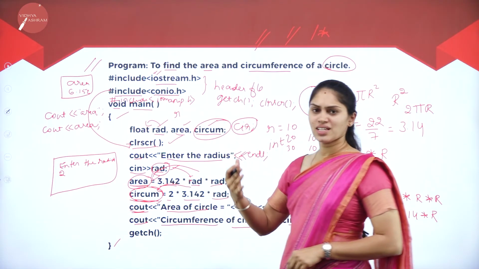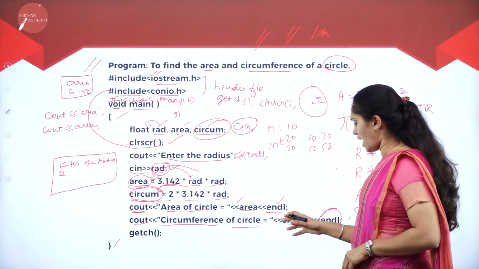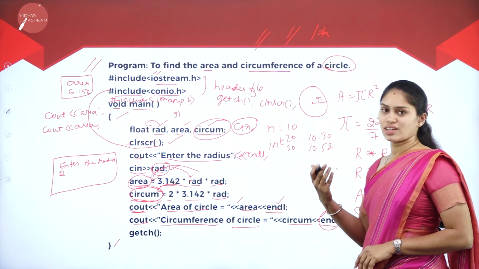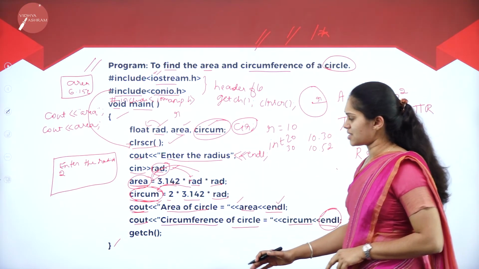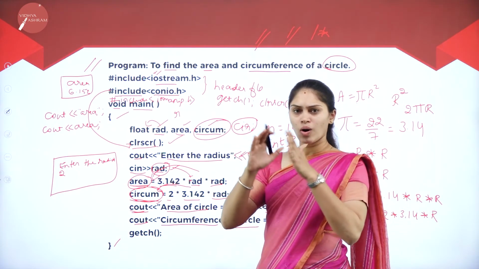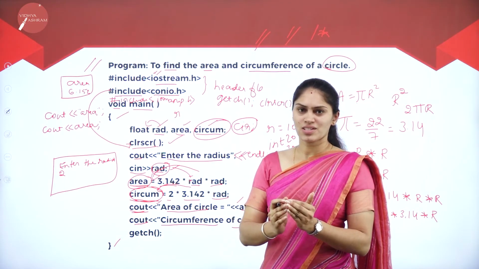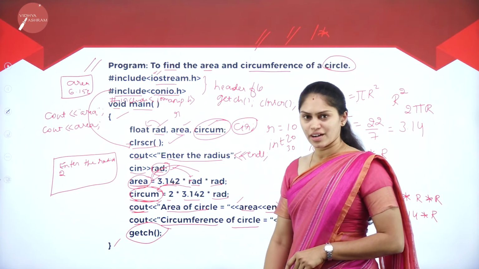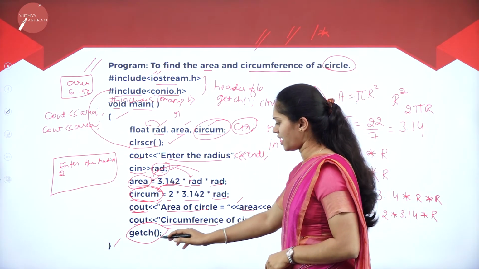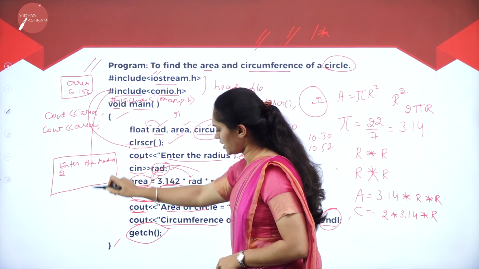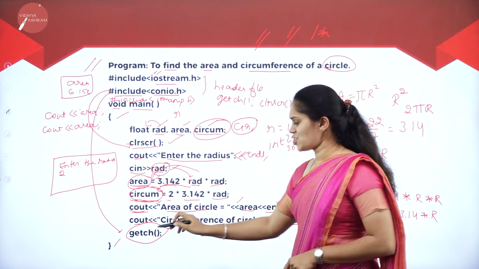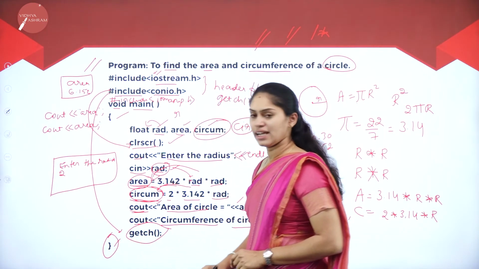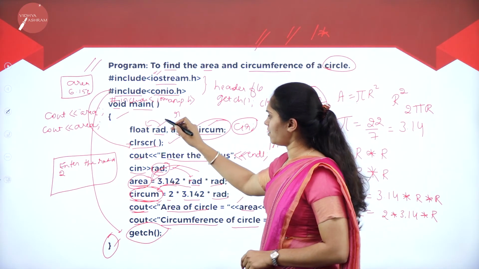If you are doing some manipulation, then we take this endl or setw based on the program convenience. And what if I want to see all the output and input on my output screen? Then it is mandatory to have the getch function. If you are using the getch function, then it is mandatory to have the conio.h header file in your program. And this closing of flower braces indicates the closing of the main function.